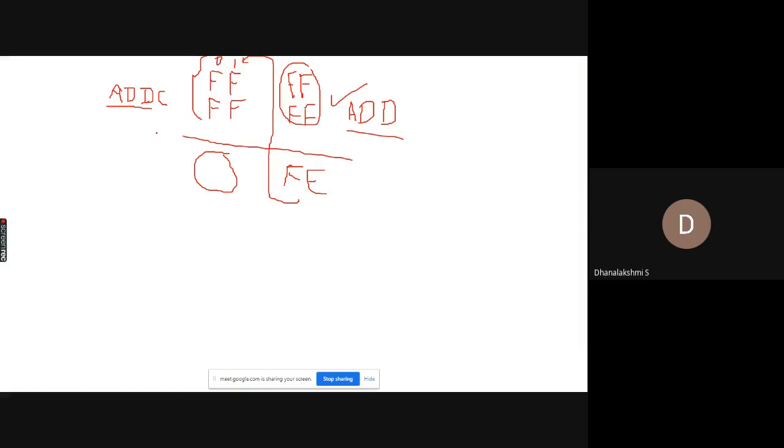So this lab class we are going to discuss multi-byte addition. As the name implies, you will be having multiple bytes. You will be having a series of bytes for your input 1 as well as a series of bytes for your input 2.